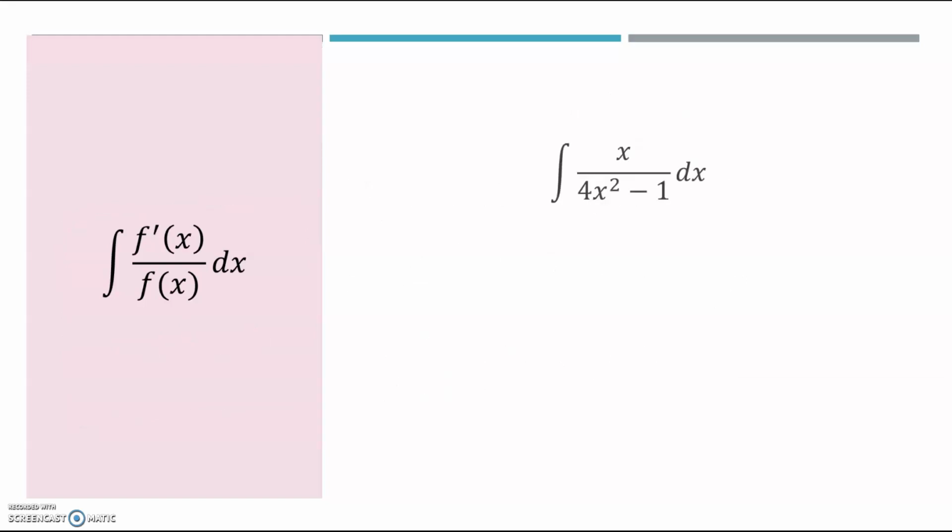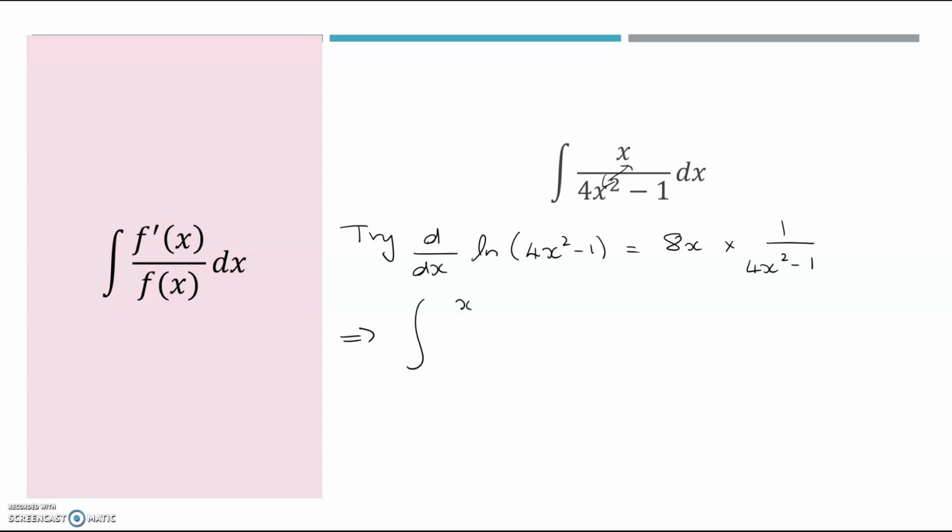So have a look at this one now. This one is not quite so straightforward. It is something to do with the derivative of that, but let's try and see if it works. Try differentiating the natural log of the bottom line, and we see that we get the derivative of the bracket, which is 8x times 1 over the bracket. That's 8 times too big. So let's just say that the integral of x over 4x squared minus 1 is 1 over 8 times the natural log of